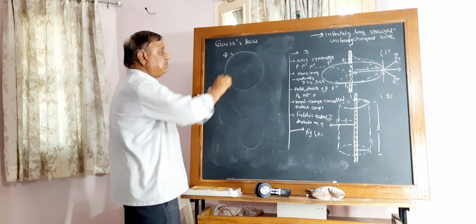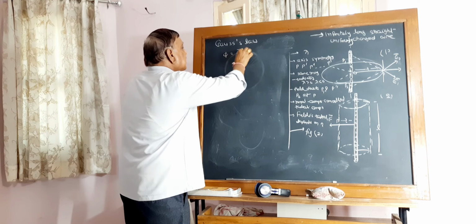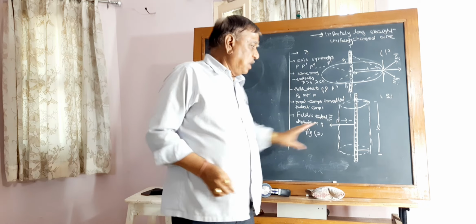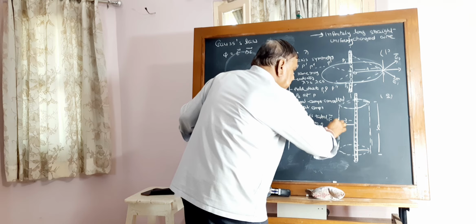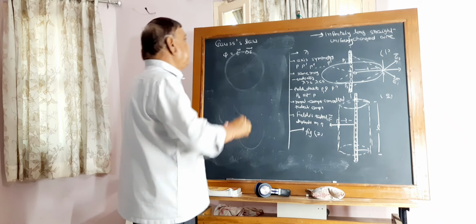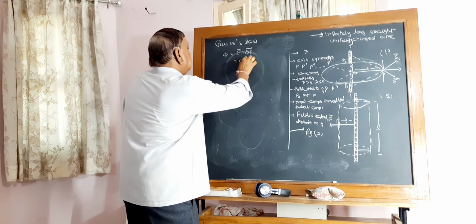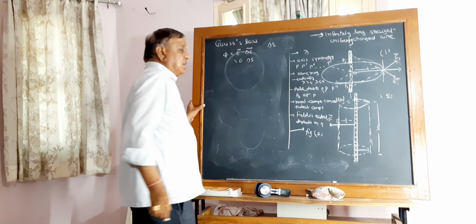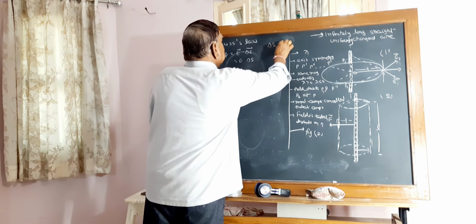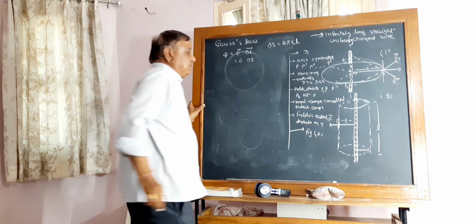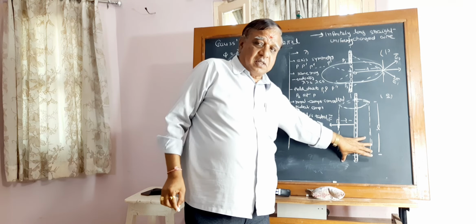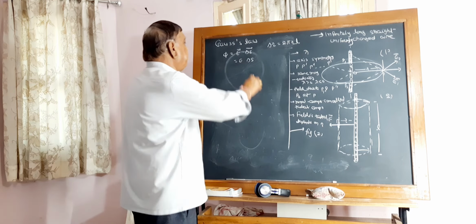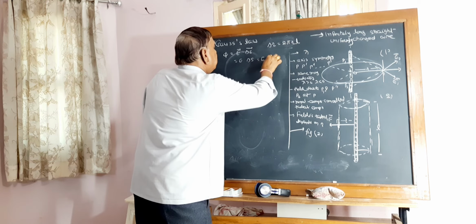Then the flux linked with this curved surface, phi, is E dot delta S. Here, suppose delta S and E are both in the same direction, so it can simply be treated as E delta S. Here delta S for the given Gaussian surface is 2 pi r L. This curved surface has area 2 pi r L, so we can write the flux as E into 2 pi r L.